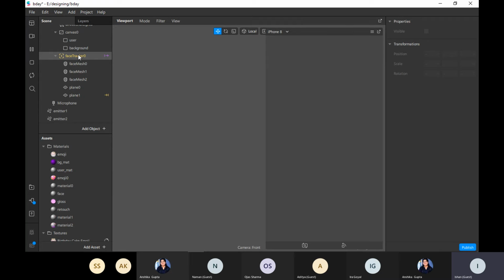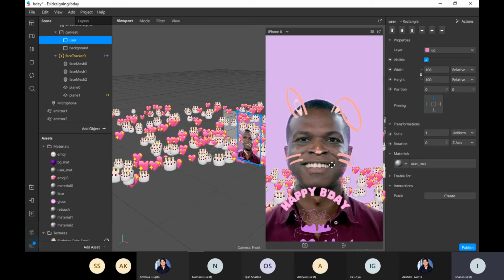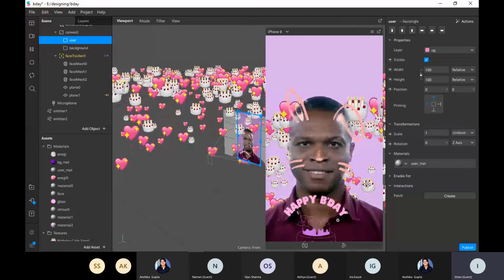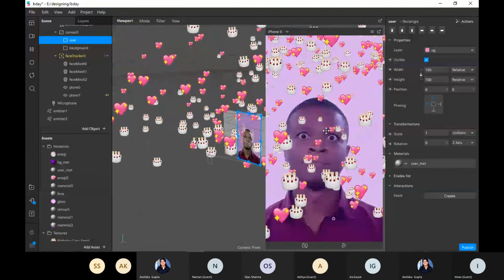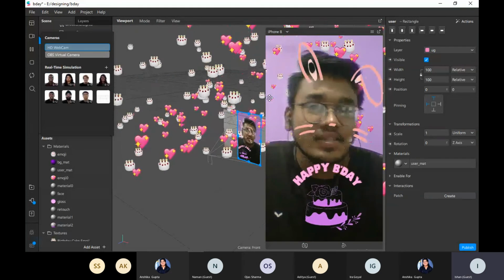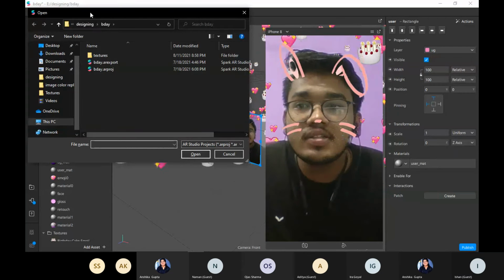You can search it as particle system here. Whenever someone smiles, you can see a happy birthday tag there, and some cakes and heart emojis are rising from the backside. Or let me show some of my other filters.